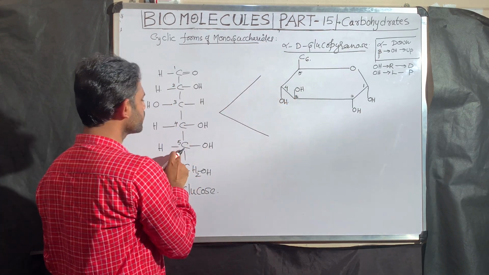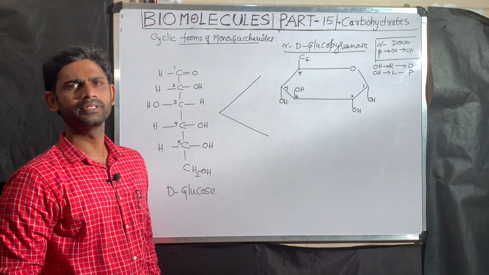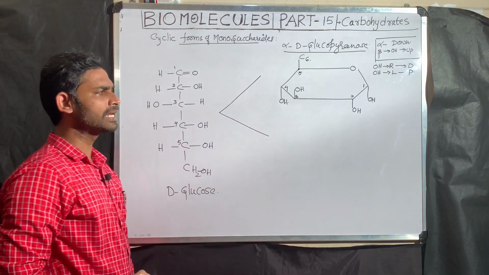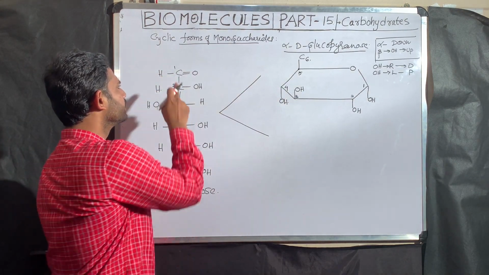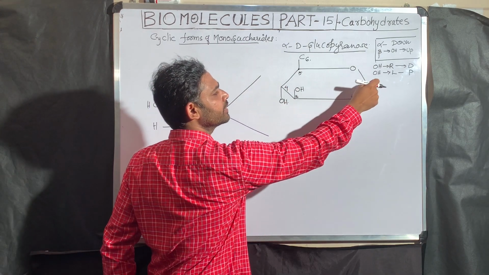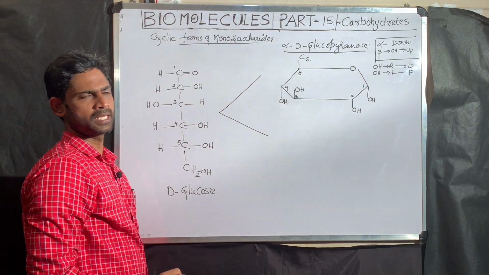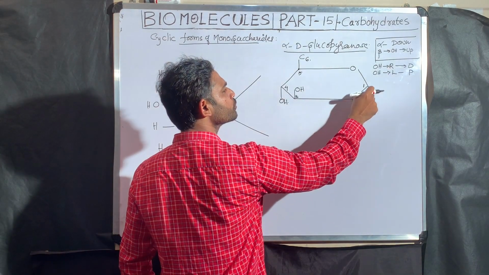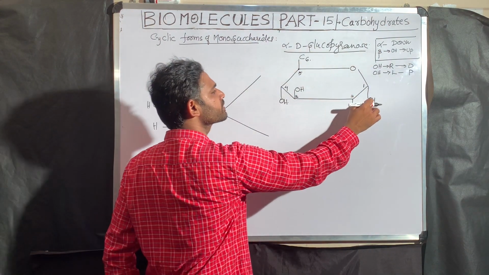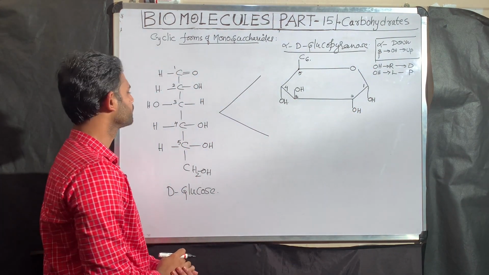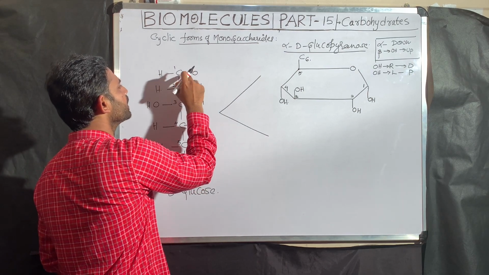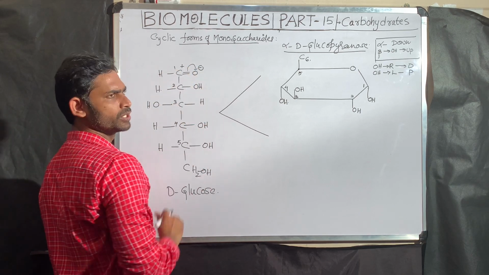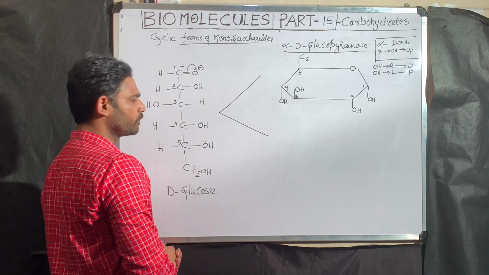Now finally you reach the last asymmetric carbon atom. Here, what is happening? You will get a small doubt. This is the functional carbon. Here there is no OH group in the open chain structure, but while we are writing the cyclic form, we wrote an OH group on the functional carbon. From where does this OH group come on the functional carbon? It is very simple. When the ring is forming, this double bond will shift to here. So automatically there is a carbocation, and this has a negative charge. This OH group acts as a nucleophile.